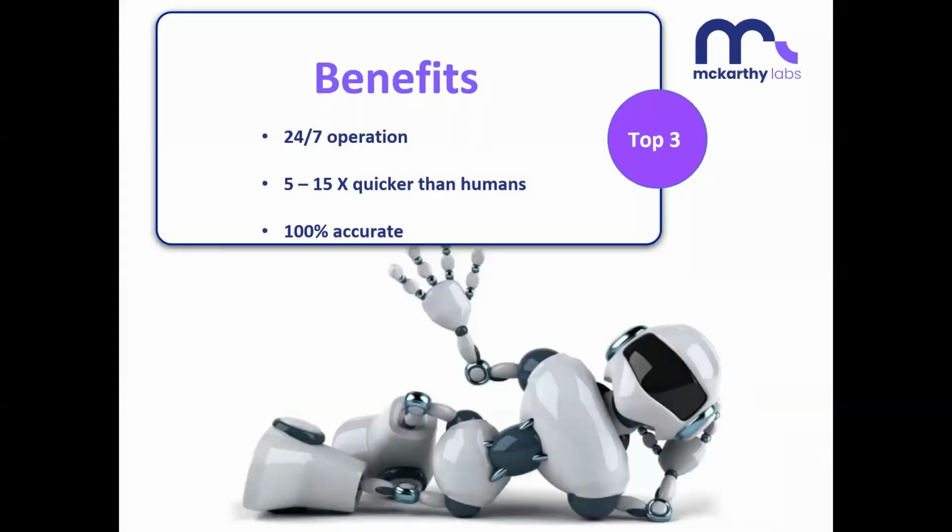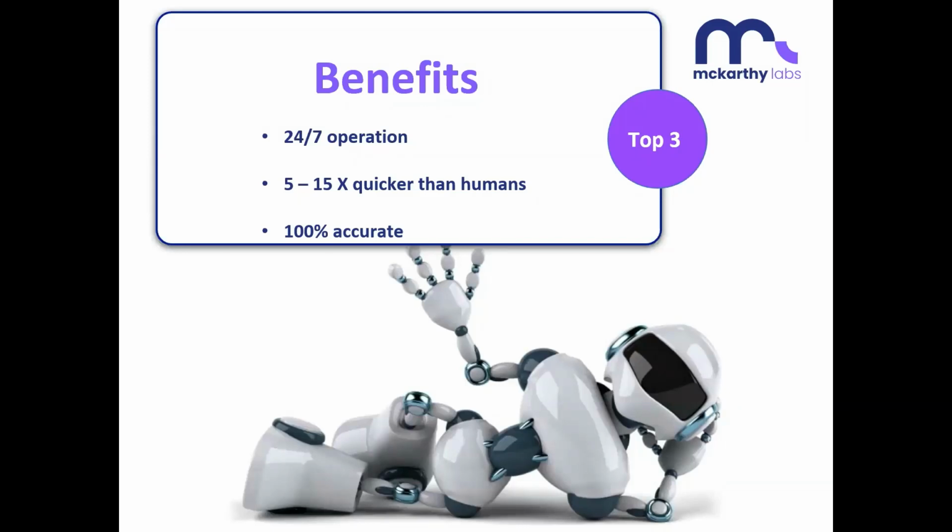So the top 3 benefits of RPA. RPA brings a lot of benefits to a business, and the next slide will show you some more. But for me personally, I believe that the top 3 benefits for RPA are the fact that bots can work around the clock. So it really can be 24/7 operation. So instantly, the moment you deploy a bot within your organization, you get 3 times the amount of work done in any one week. And that's if you have employees working 8 hours a day for 7 days of the week. So you get a minimum of 3 times the amount of work done.